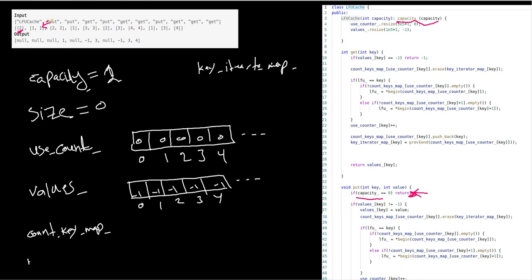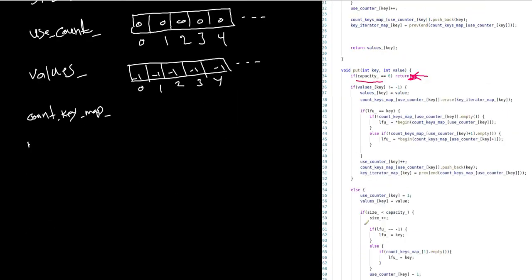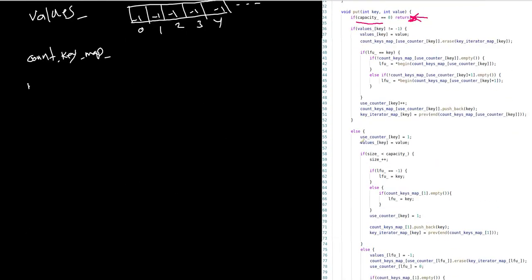Now we said we need to put 1 1 into the cache. Is the value of the key not equal -1? The value of key 1 is -1, so this condition does not apply. We go to this else,